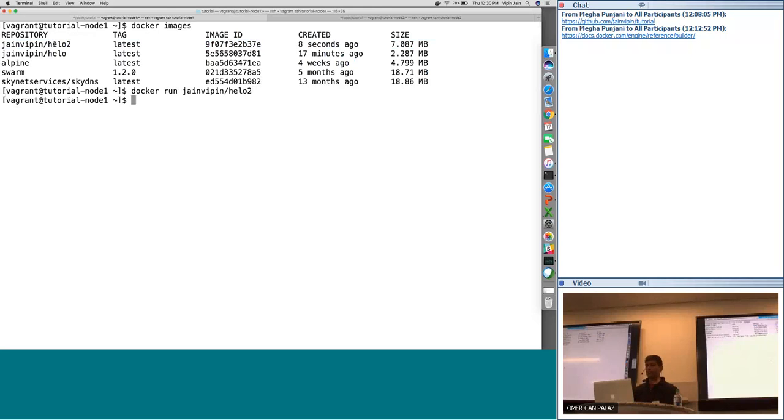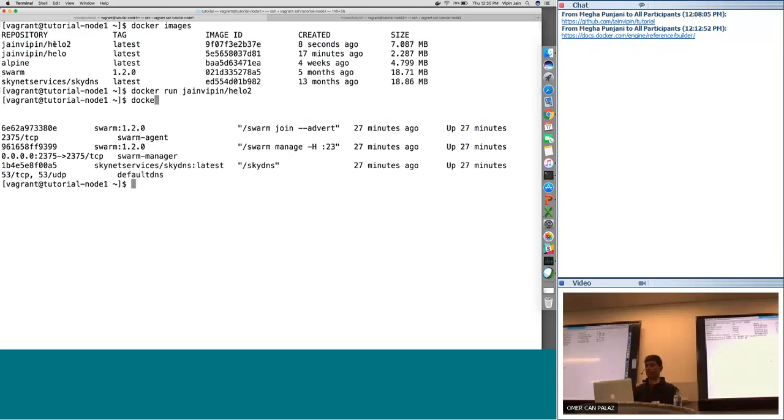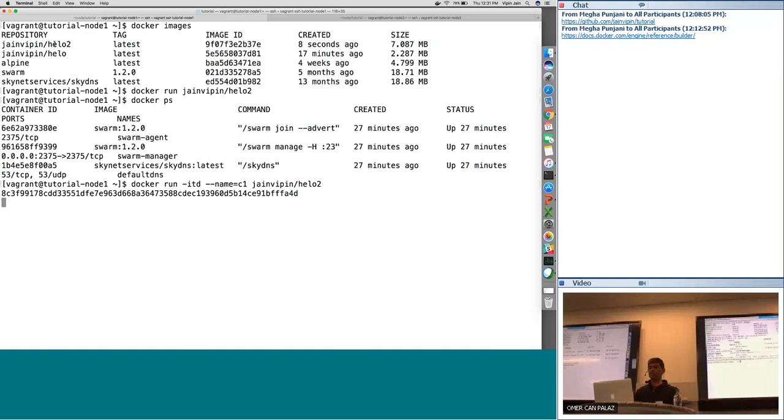And if I were to run it, you see that it is not really running in the foreground, because shell is an interactive process. So I have to provide the interactive options here for it to run. And what I'll do is I'll run it in the background. I'll also name it container 1, for the lack of innovative name. So I made a few changes to the previous run. This time I have run a container. It gave me an ID of the container.